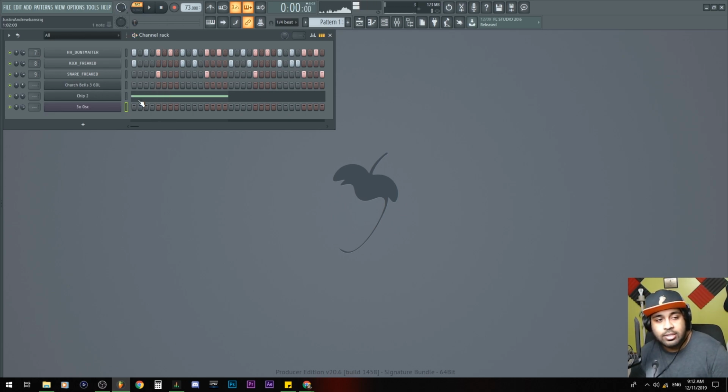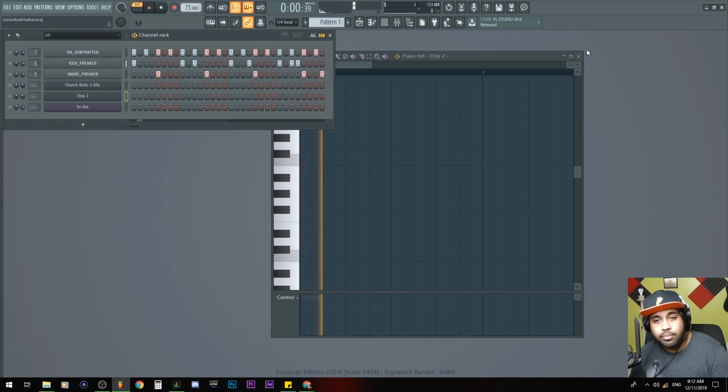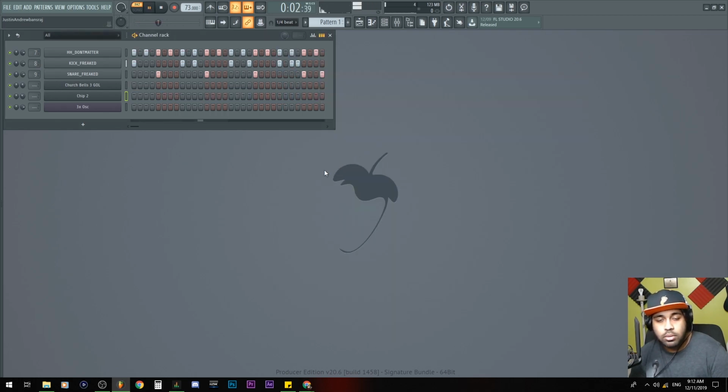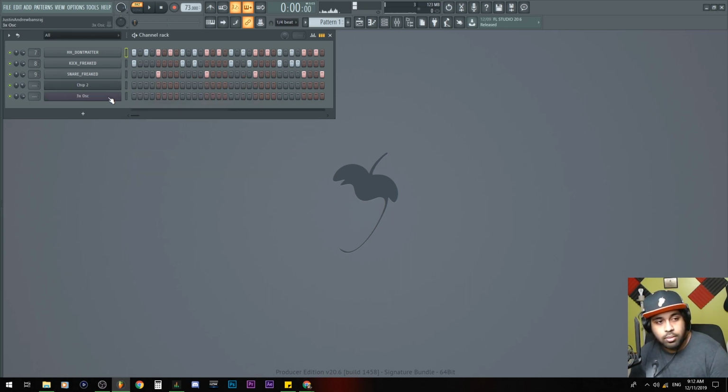Notice that with the exception of this sound here, there's not much melody. So if I hit play, it says drums. There's no melodics in this song, which we will be creating right now. Let's start with our favorite, the bass.